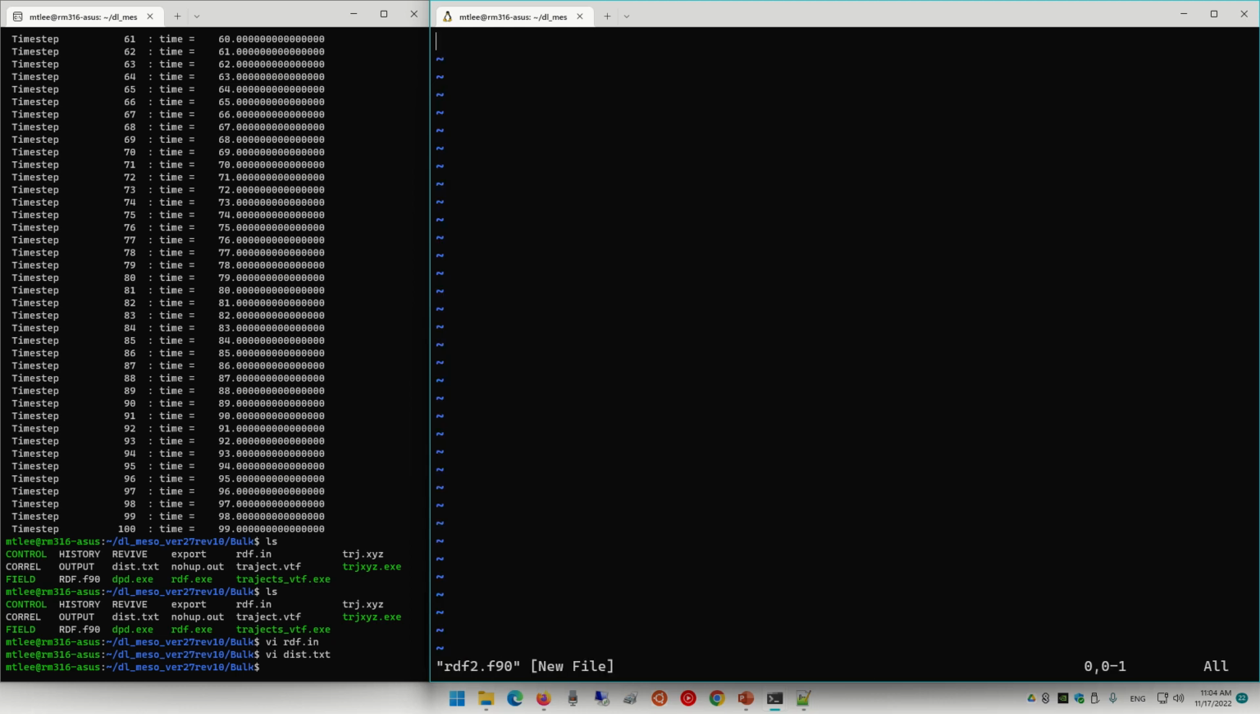Okay, and we're going to RDF2, and we're going to just read this file 10. Ideally I should have written all the function into one program, but this is just to show you how to process the data. All right, so file equals say dist.txt, and